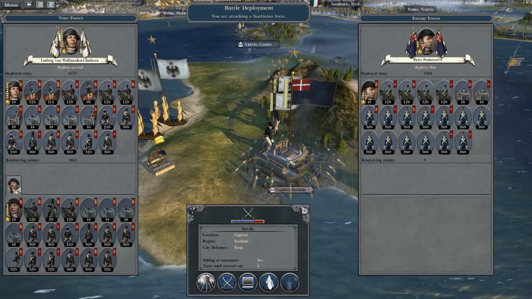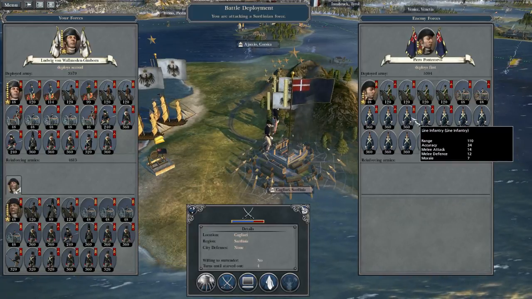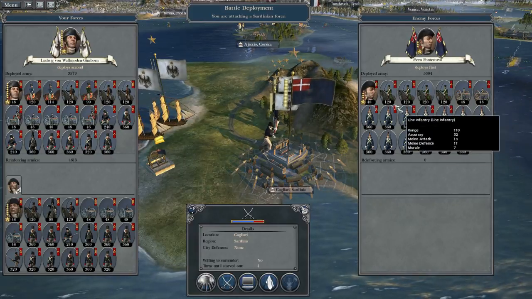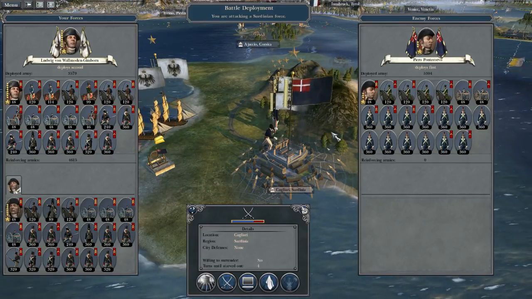This is the better one to attack, I think. So what has he got? Line infantry, a couple of artillery. Okay, well, it sounds awful, but I think we're going to have to